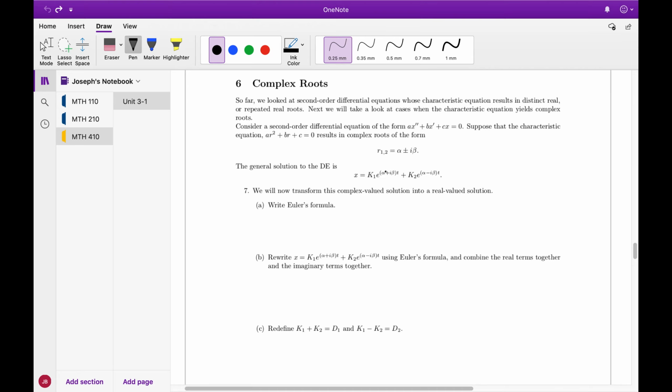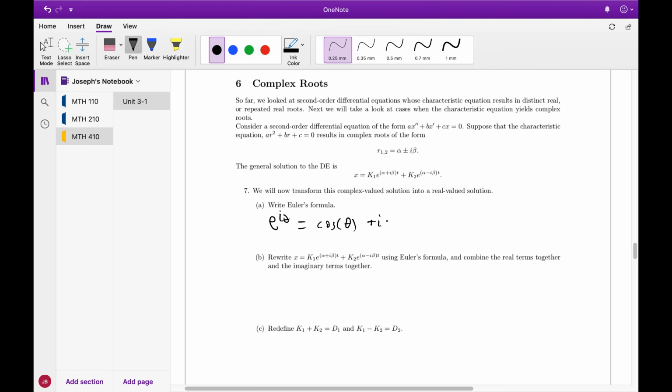And so now what we do is we take the roots, and those are the exponents multiplied by t of e, right? So we get, and I'll use the letter k since we'll get to the letter c later on, k1 e to the first root times t plus k2 e to the second root times t. Okay, so here's how we're going to get rid of the letter i, right? So first thing we're going to do is recall Euler's formula, which is e to the i theta equals cos theta